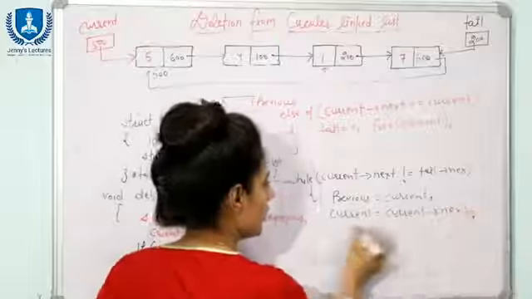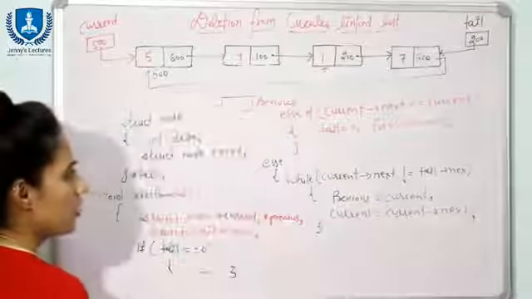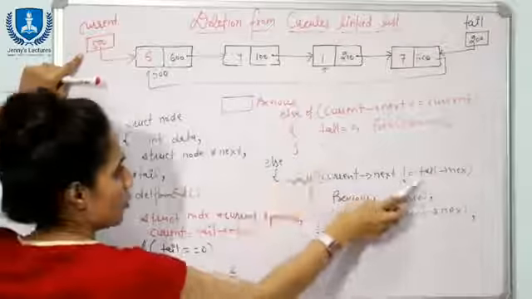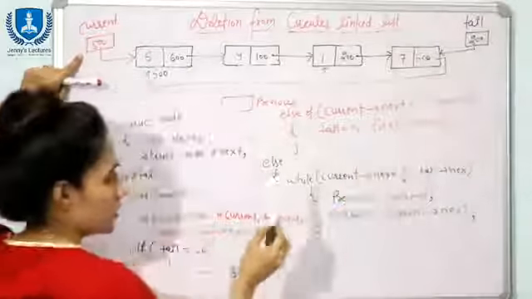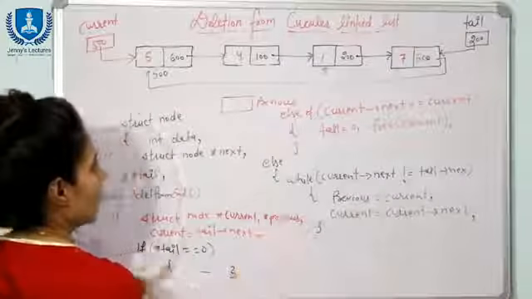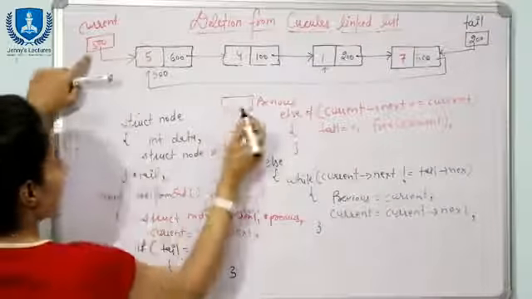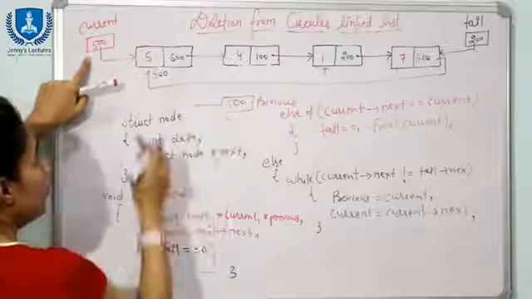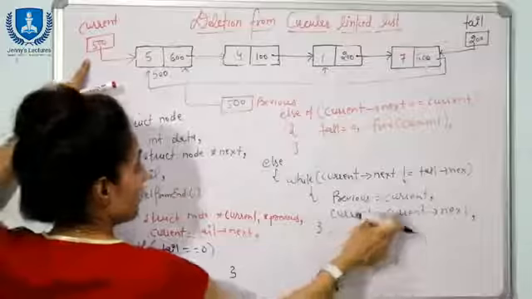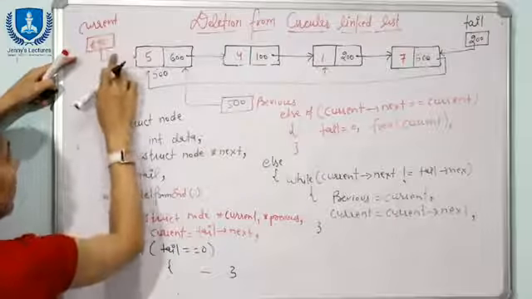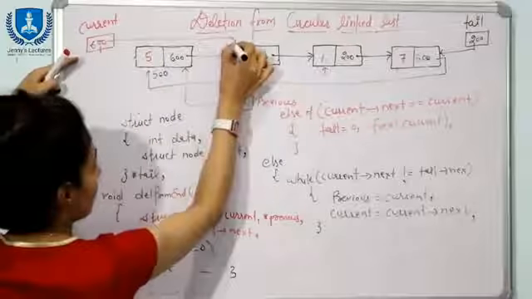Now see the working of this while loop. Now at first see, current of next is what? Current of next is 600, not equal to tail next, tail of next is 500. Yes, the condition is true. So we are going to enter into this loop. Now previous is equal to current, so now in previous we will set 500. So now previous is also pointing to this node. Now you can move this current. Now current is equal to current next. In current next we have 600, so here we will store 600. Now current is pointing to this node.